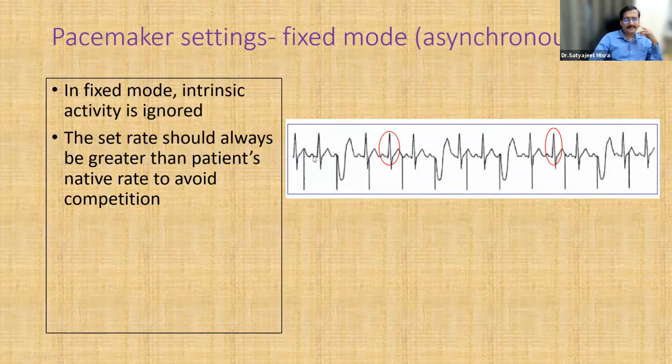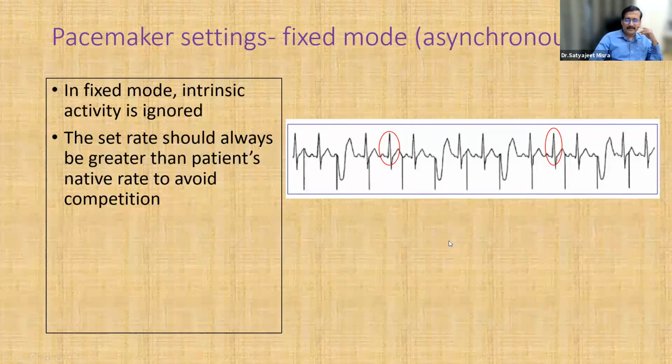So here you can see that there's a de novo electrical activity of the patient. There's a nice P wave, beautiful QRS complex. It doesn't matter to the pacemaker. The pacemaker is delivering some impulse here. Pacemaker is delivering some impulse here. So here there's an impulse, and that generates a pacing spike followed by a QRS complex. But here there's a nice QRS complex, but still there's a pacing spike that comes in somewhere on the peak